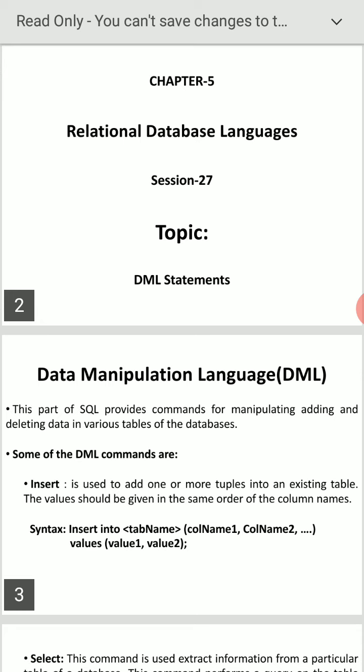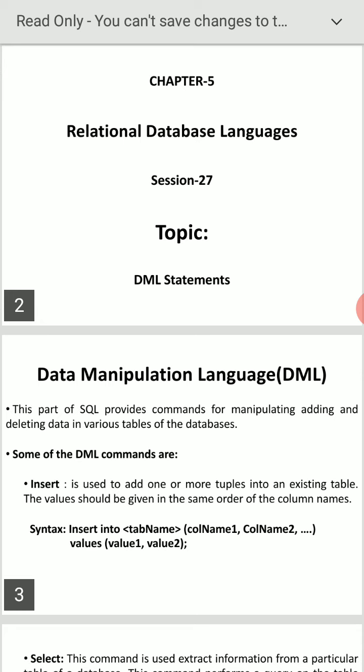Another thing: if you want to add another column also, we can do it. Syntax is insert into table name.